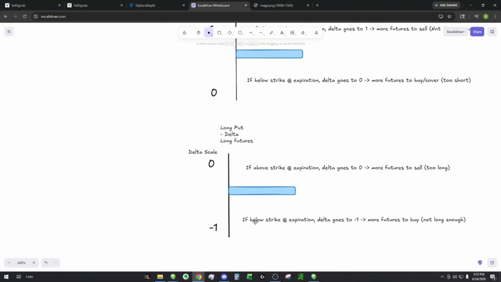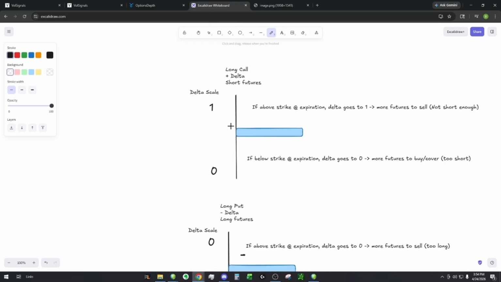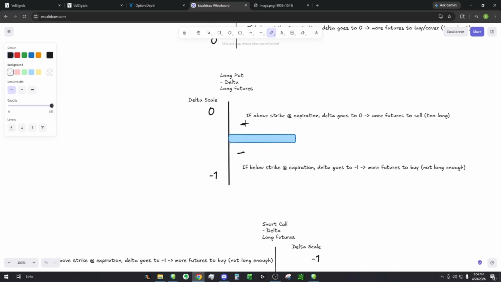If we're below the strike at expiration, delta goes to -1. So they have more futures to buy. They are not long enough. So again, this is the same scenario as the long call. If we're above the strike, they have futures to sell, which pulls the price back towards it. If they're below the strike, they have futures to buy, pushing price back to it. Also, I should throw in a disclaimer that I'm simplifying this very much. It's not as simple in a real market, but if this was the only position in the market,